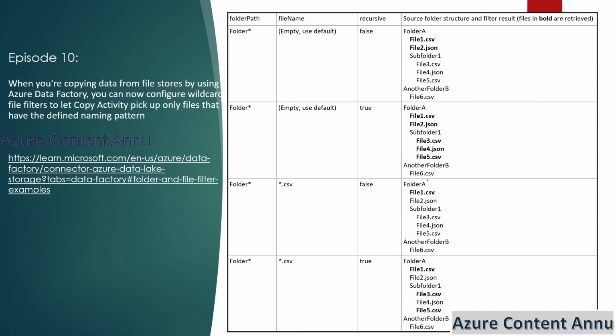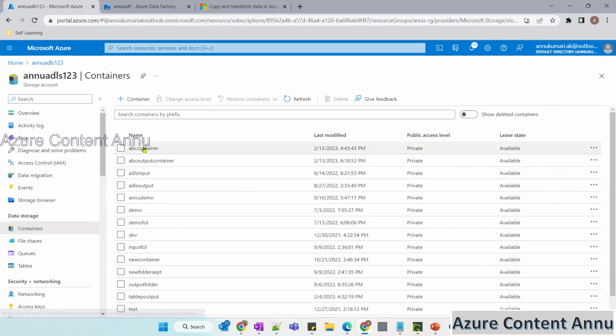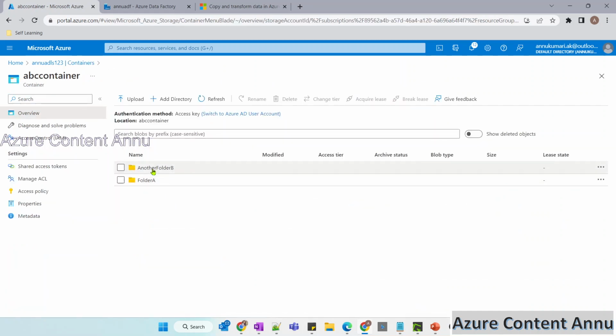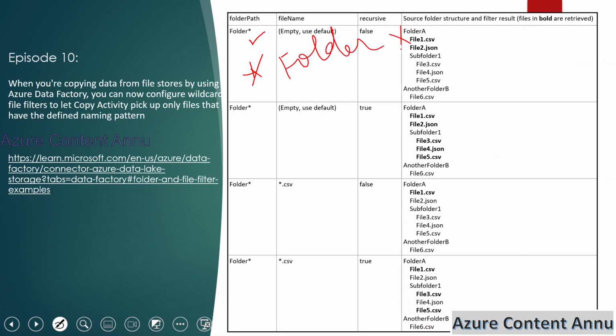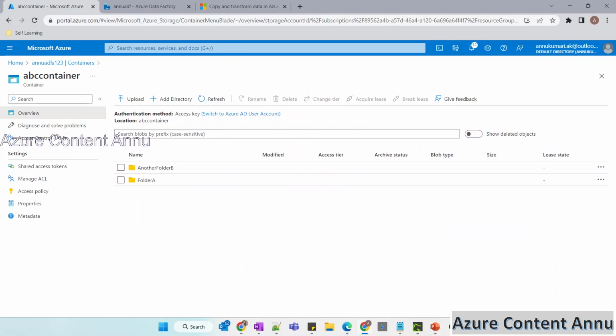Let's understand. Let me erase it again. The first thing is we have given the folder path as folder star. If I go to ADLS into this source container, you can see out of these 2 folders, folder A and another folder B, the folder which matches the pattern here is folder A. If we had given star, then folder, then star, then it would match both of these folders,